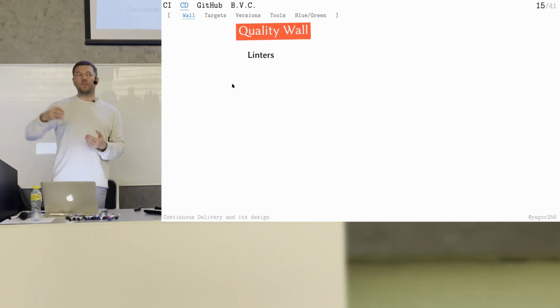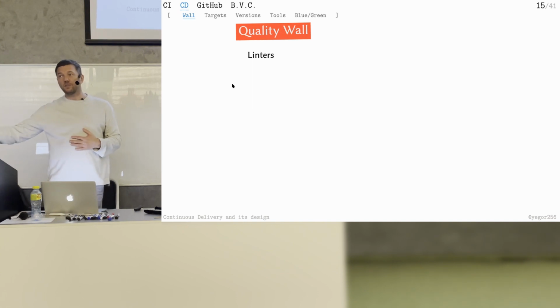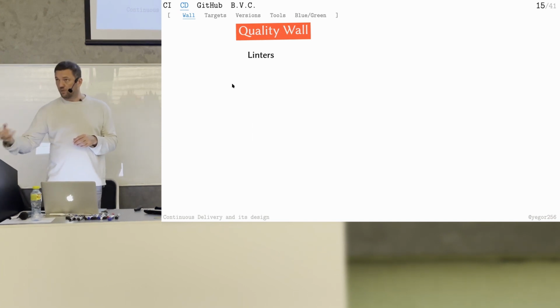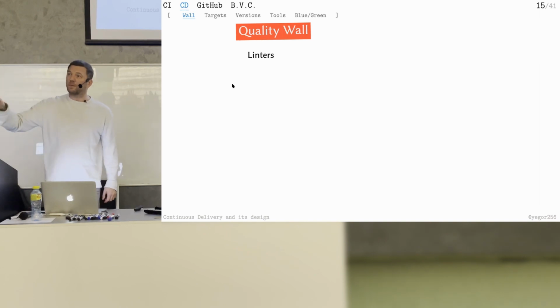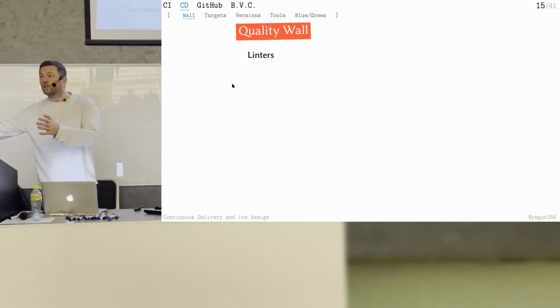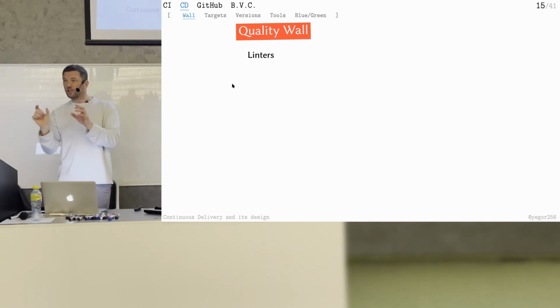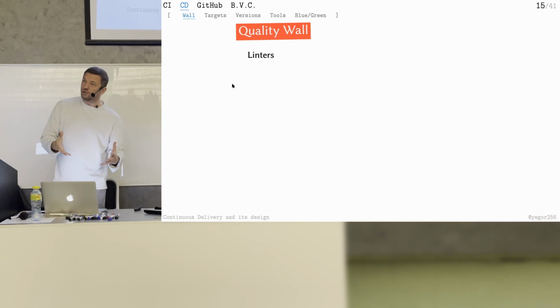But we need to put something on the server, on the continuous delivery pipeline, so that when you code on your computer, you push it to GitHub, to your Git repository. And then the tool, which I will show you in a few slides, will help you to pick your code from Git and then place it in production. So something has to stay on this server, not on your computer. So the build pipeline should not trust you, because with an IDE you trust yourself. Okay, you write the code, the linter says it's wrong, so you change it a little bit, you push it to Git. What if you don't change it?